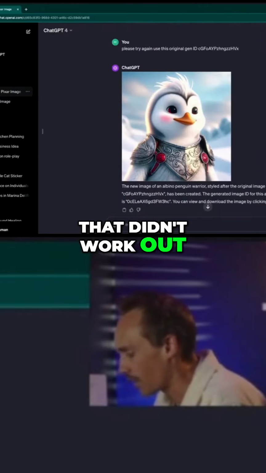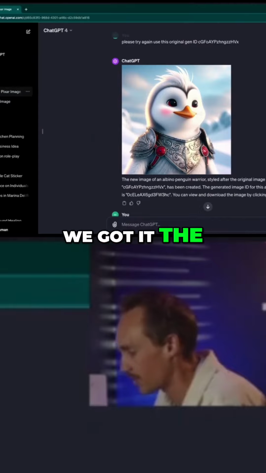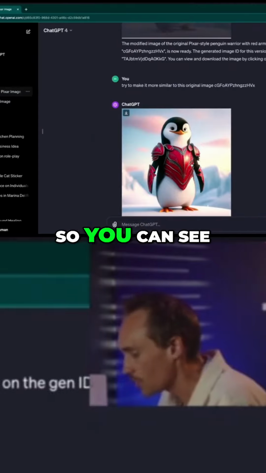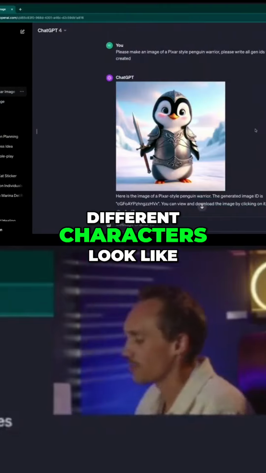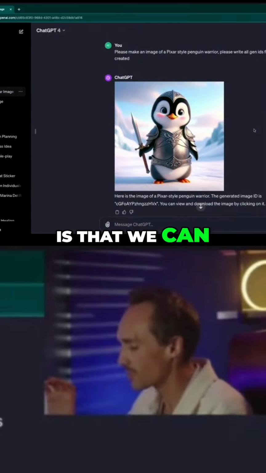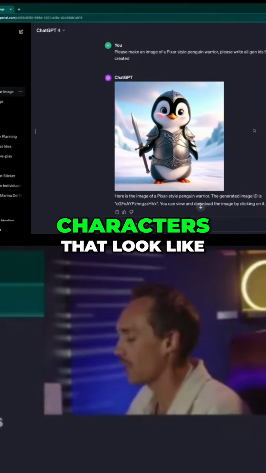That didn't work out as well the first time, but finally we got it the second time, and then finally I wanted a penguin warrior with red armor. So you can see that all of these different characters look like they're from the same series. So what this enables us to do now is that we can suddenly be building out a whole world of characters that look like they exist